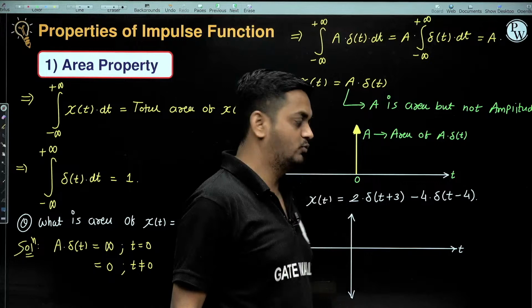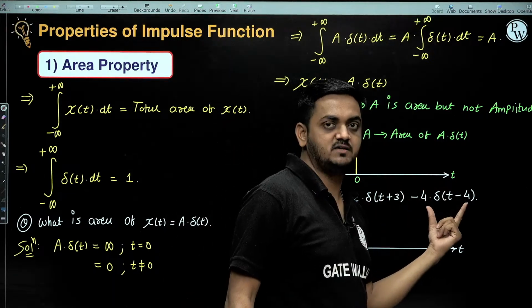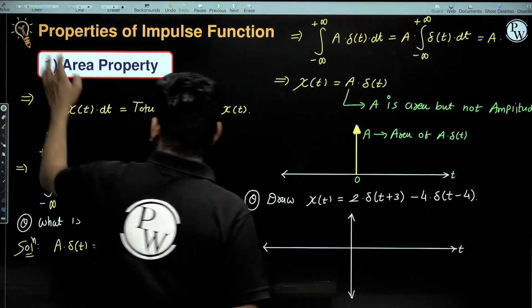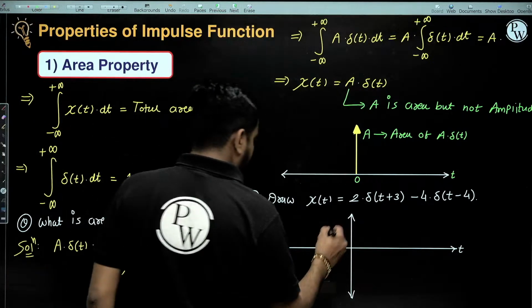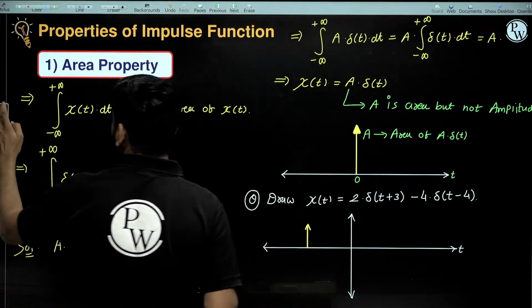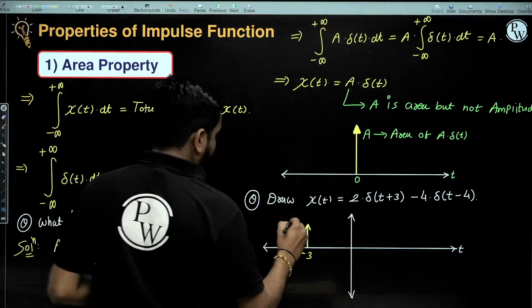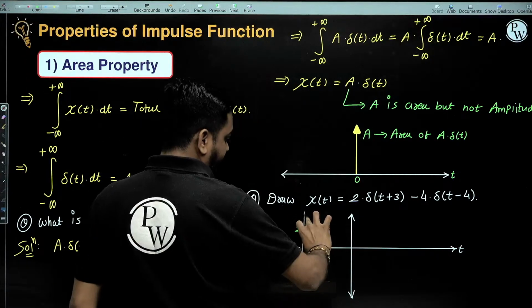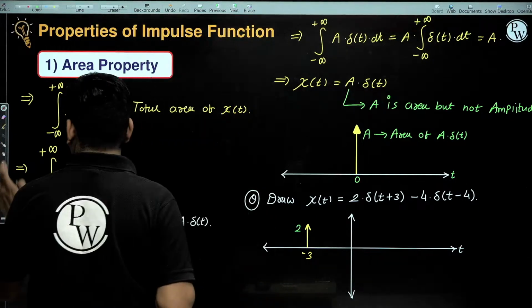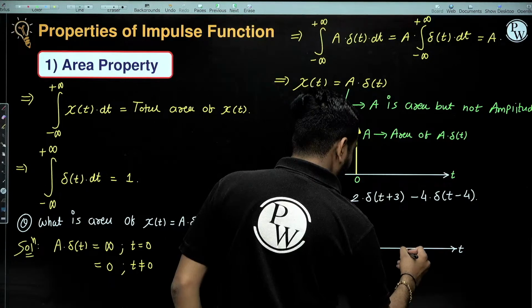Amplitude of this signal is plus infinite and amplitude of this signal is minus infinite guys, correct? So here this impulse is present at minus 3 guys, having height, we can say height 2 or area 2 guys, and this impulse is present at t equal to 4 guys,